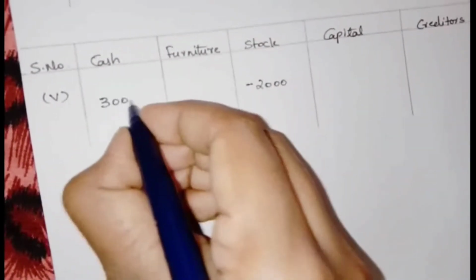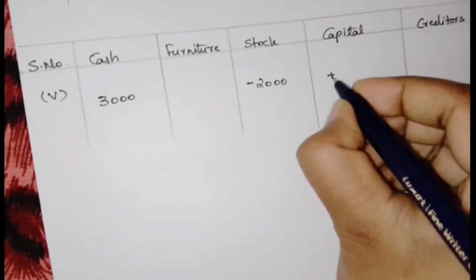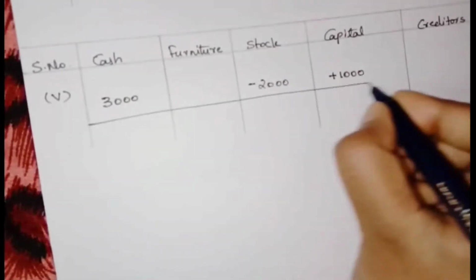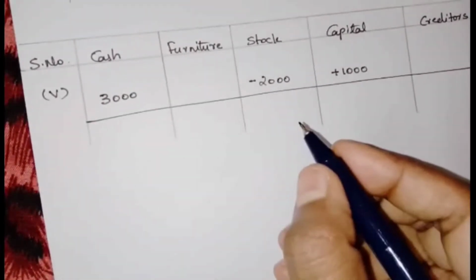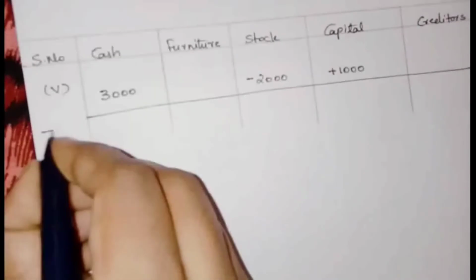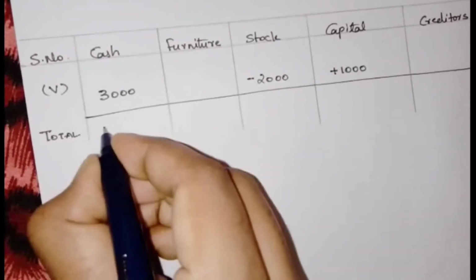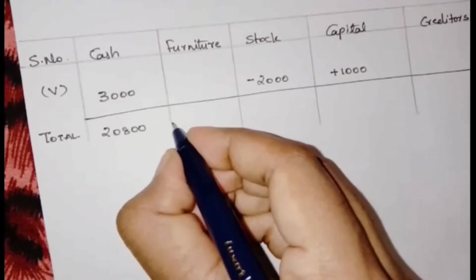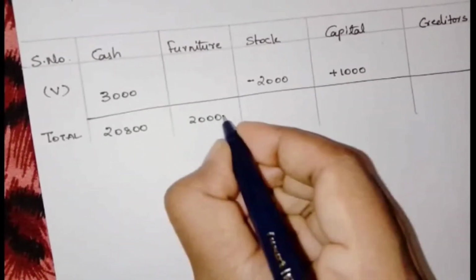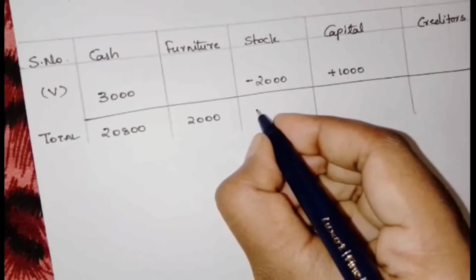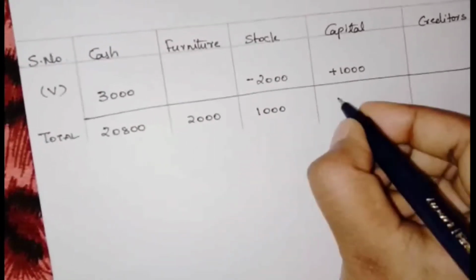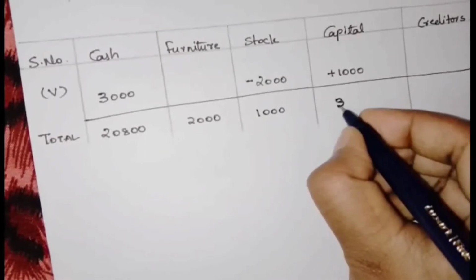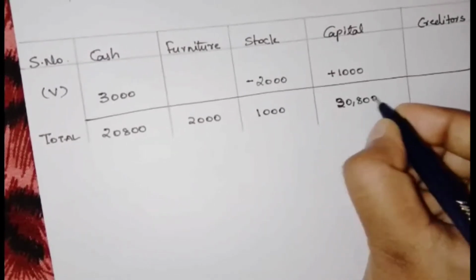And next, the last transaction, that is Rahim sold goods of cost price rupees 2,000 for rupees 3,000 on cash. Okay, the sale price is 3,000, but the cost of the stock is 2,000. So reduce the stock by 2,000. What is coming in? 3,000 is the cash, and 3,000 minus 2,000 is the profit that should be added up to the capital. So the balance comes to 2,800 cash, 2,000 furniture, 1,000 rupees is the stock value,